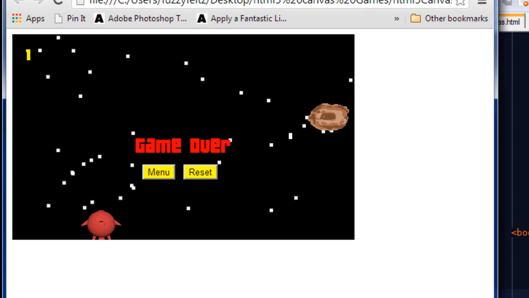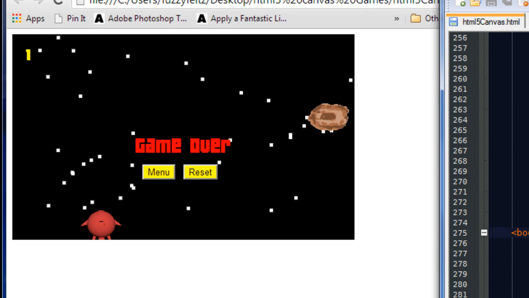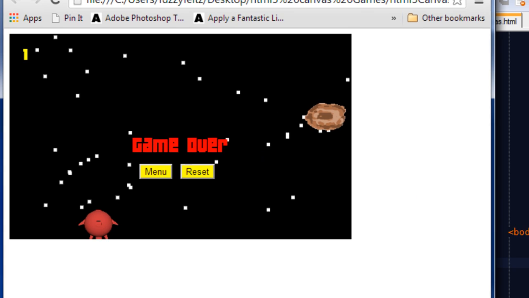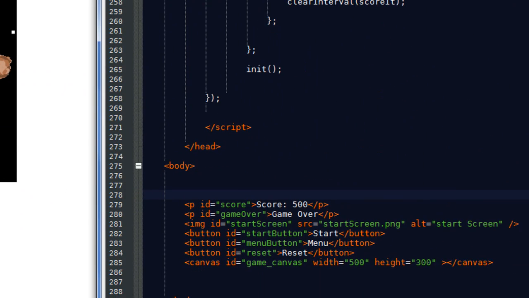Now we're going to use something called local storage. It actually saves the variable within the browser, so that each time you load up the game you can load back those variables and use them in your game to save certain elements or scores. So we're going to start off by